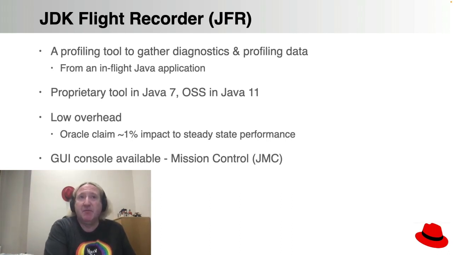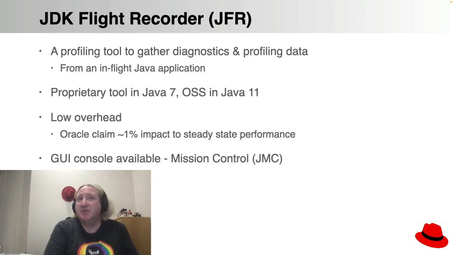It was originally first in Java 7, the first release of Java from Oracle, which is now well over 10 years ago. And it's kind of got this interesting history, because Oracle didn't invent it. They bought it when they bought BEA Systems. So long before they did the deal with Sun Microsystems, they bought BEA, and BEA had their own JVM called JRockit. So JFR originally stood for JRockit Flight Recorder.